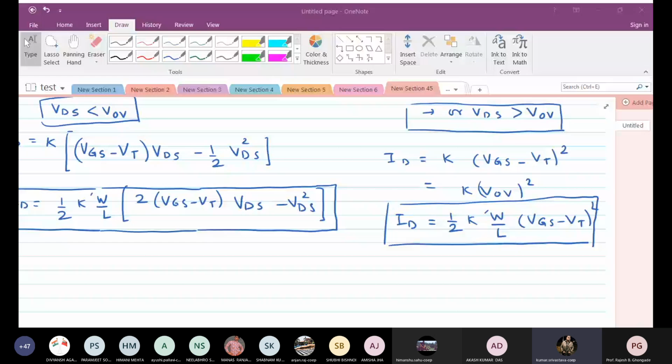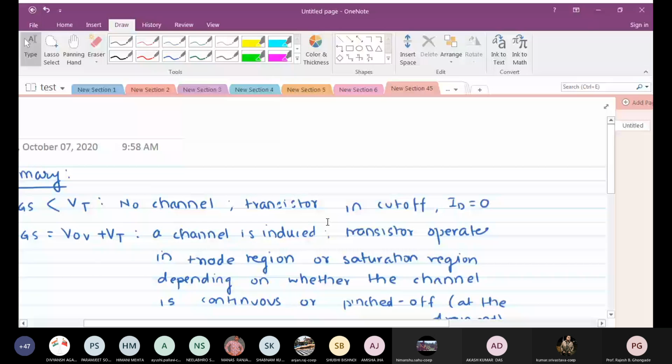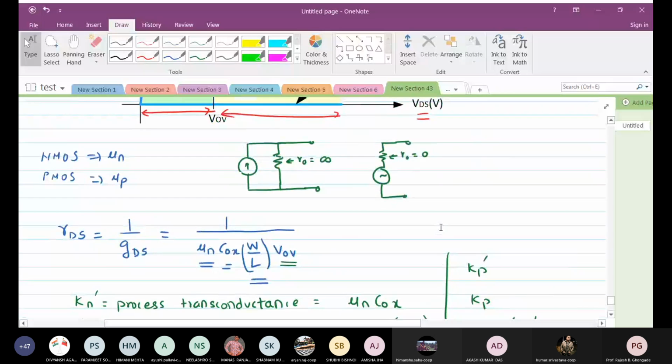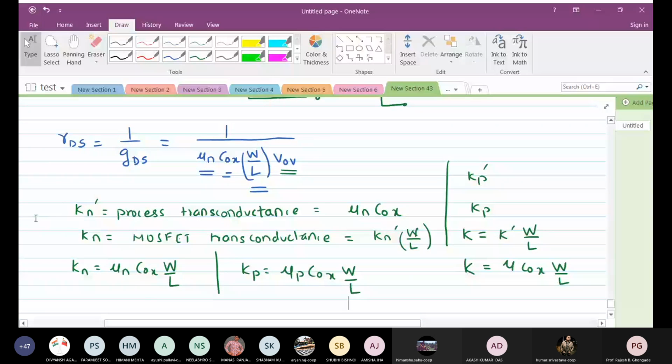Excuse me, sir. So what is K? I've already explained what is K. Isn't it? Were you present from the beginning? I was present, sir. Then we have been talking about this K for a long time. Okay, here it is. We have been talking about this. This is K. It's a general term. It can be either Kn or Kp. Got it? Yes, sir.